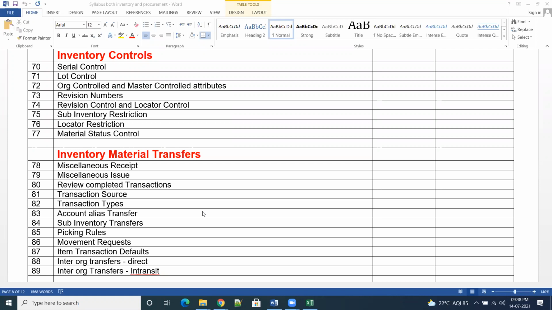So when is a movement request required? Let us say we have two inventory orgs. B wants the quantity from A. So B will initiate one internal request. Based on that internal request, A has to consider it, then A will move the quantity to B. During this particular transaction, the system will generate the movement requests.